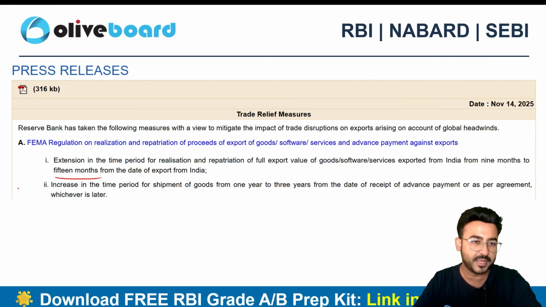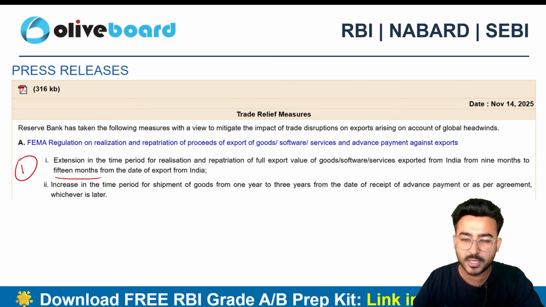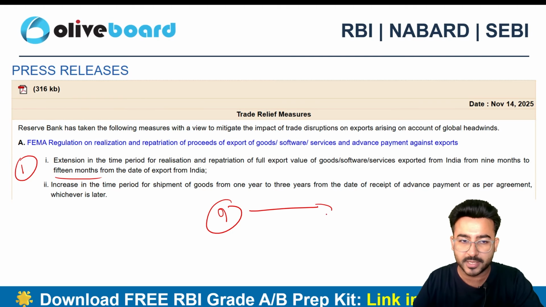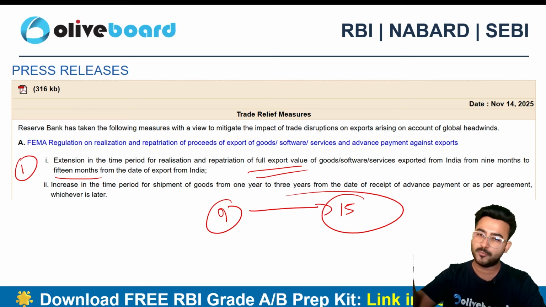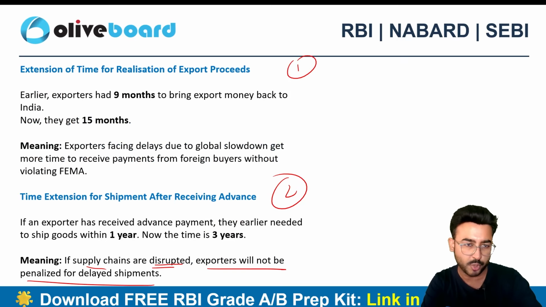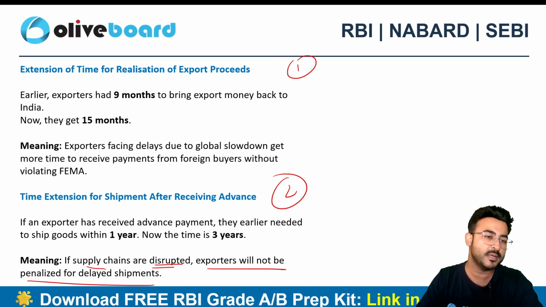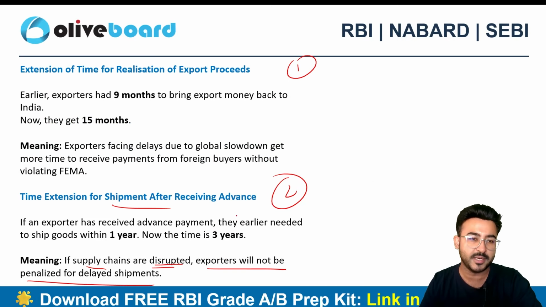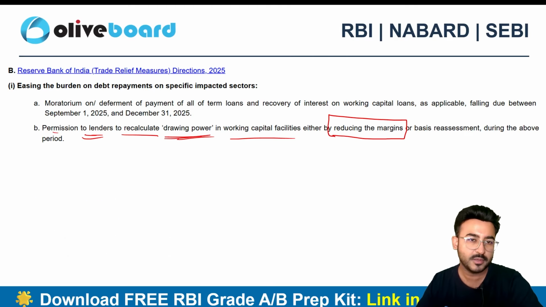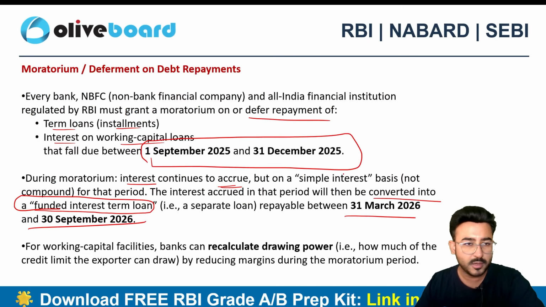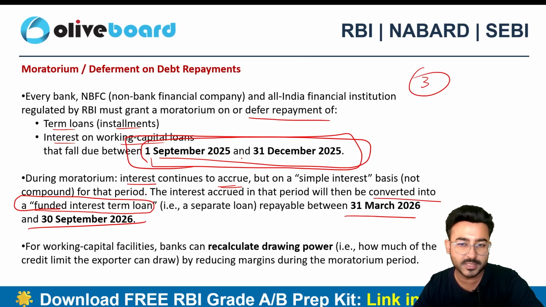तो यहाँ पे क्या क्या आपके रिलीफ मेजर्स हो गए हैं? सबसे पहला, फेमा रेगुलेशंस के अंदर आपको टाइमलाइन का एक्सटेंशन मिल जाएगा। सो अर्लियर देयर वाज 9 मंथ्स दैट यू वर गेटिंग, नाउ यू विल बी गेटिंग 15 मंथ्स। ओके, आपकी अपनी फुल एक्सपोर्ट वैल्यू आप वहाँ से मंगवा सकते हो 15 महीने के अंदर, ना कि 9 महीने के अंदर। दैट वाज द फर्स्ट वन। सेकेंड वन वॉज रिलेटेड टू द शिपमेंट। अगर आपको एडवांस मिल गया, इफ यू हैव रिसीव्ड द एडवांस, देन यू कैन डू द शिपमेंट इवन अप टू 3 years, अर्लियर इट वॉज 1 year। देन अगेन द बेनिफिट रिलेटेड टू मॉरेटोरियम पीरियड।